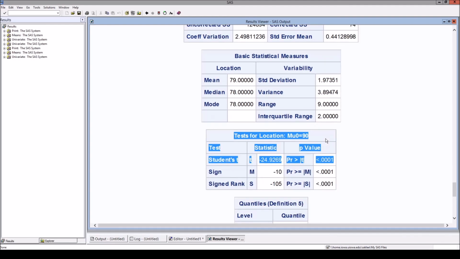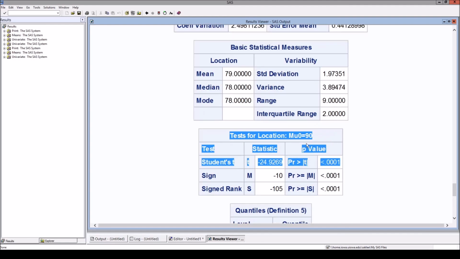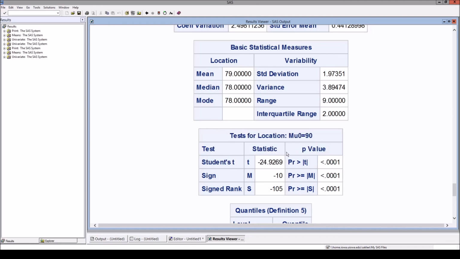Just magnify a little. We can see negative 24.9269 as my t-test statistic, which is the number that we have seen before.